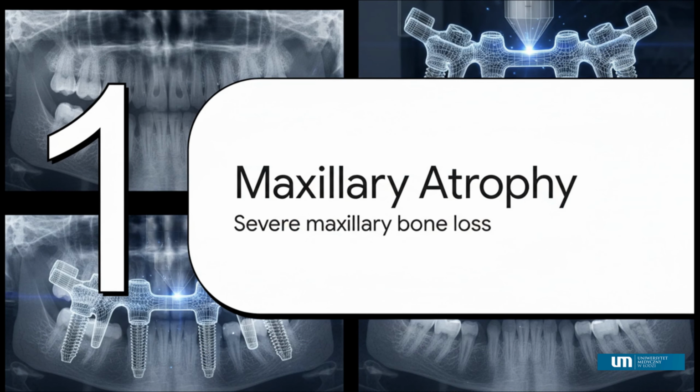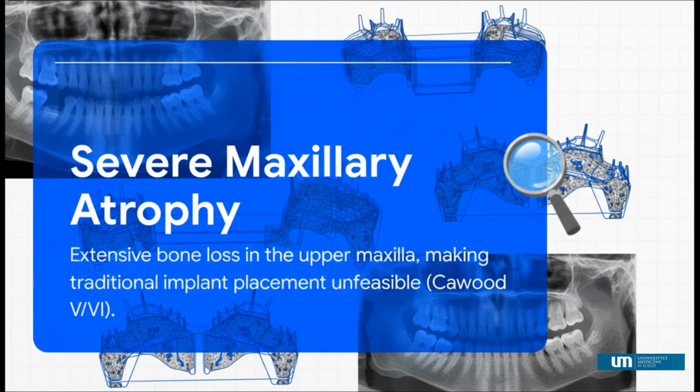To really understand why these advanced implants are even necessary, we have to define the significant surgical challenge they were created to solve, and that is severe maxillary atrophy. So what exactly is severe maxillary atrophy? Well, we're talking about a state of extensive bone resorption, particularly in the classifications of V and V. This presents a really complex situation for maxillofacial rehabilitation, mainly because there just isn't enough bone volume left to place